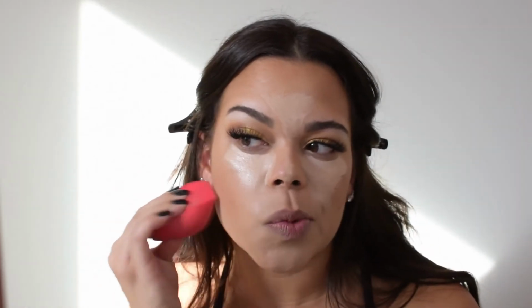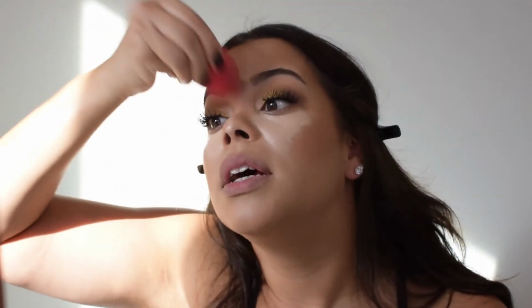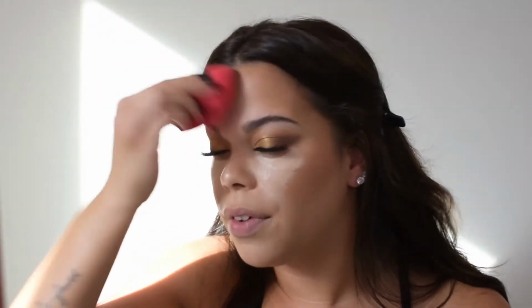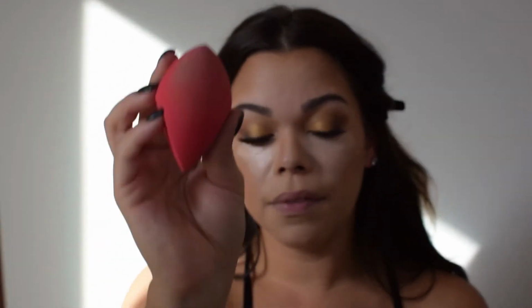And then I even go back in with that brush we used to apply the bronzer, and I will blend away the lines with that brush. And so what Harush was saying was that this helps the product to kind of dry a little bit, so it'll add coverage because we're just moving whatever the residue that hasn't dried yet. So it'll stay in place, it'll prevent it from lifting, and it will avoid us from having to use more product than necessary. So I'm gonna go ahead and now use the pointed end of that sponge right here, and